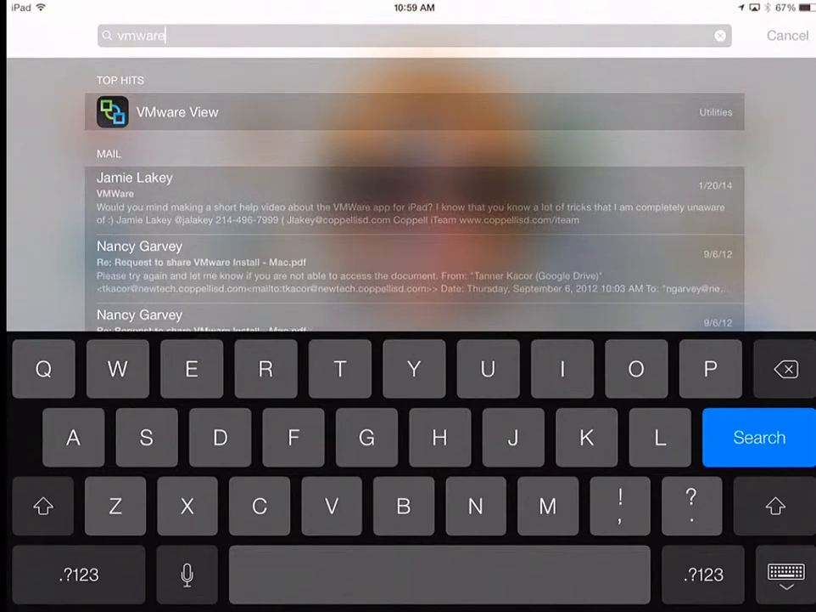You're looking for an app that has a black background, a green square, a blue square, and a circle. And what this is going to do, it's going to give you access to a Coppell ISD PC-like version on your iPad. So then you can go to the start window and open up email, create a document or a PowerPoint presentation